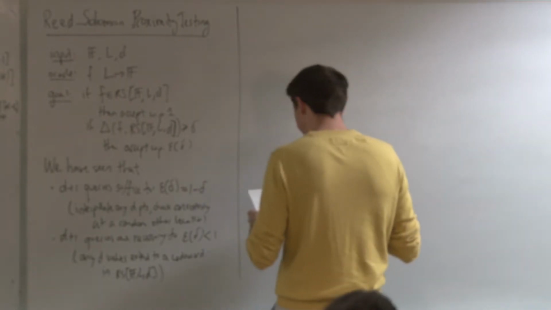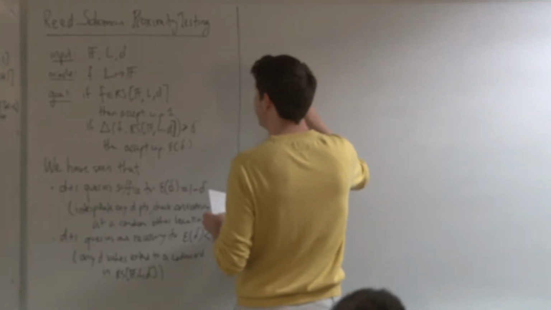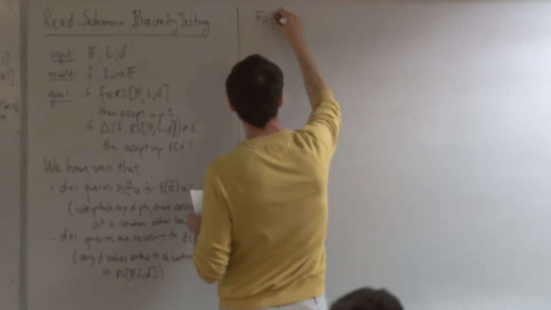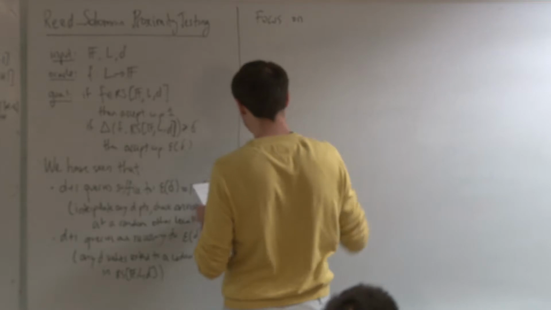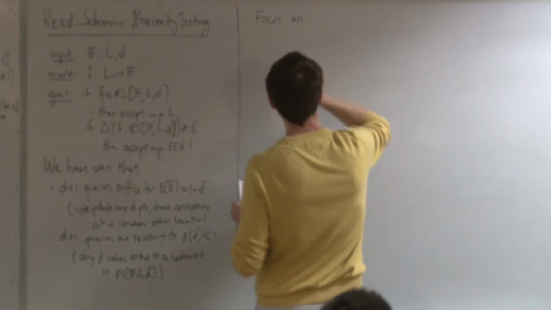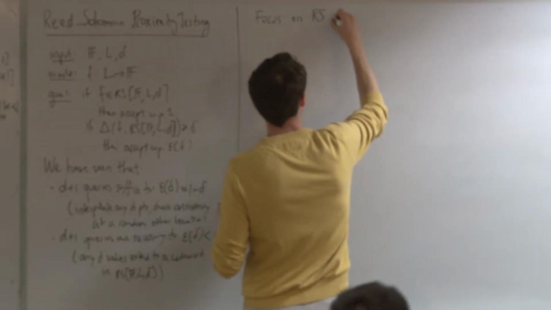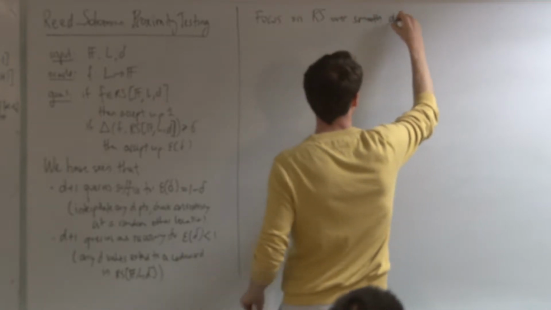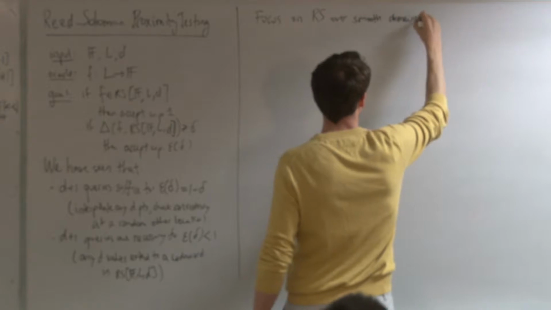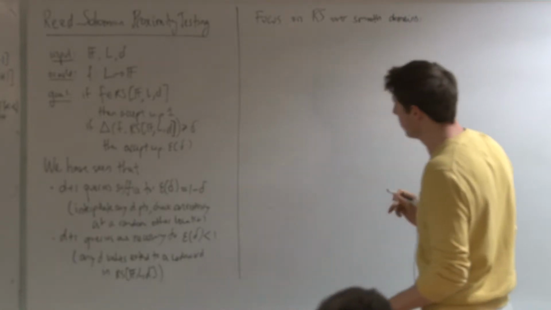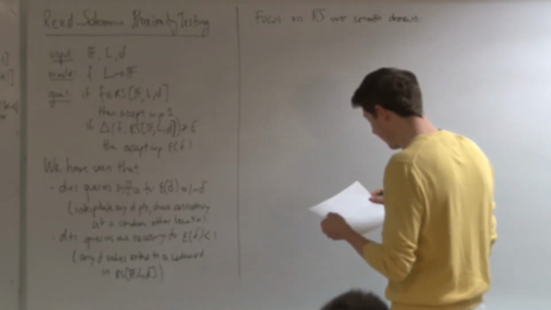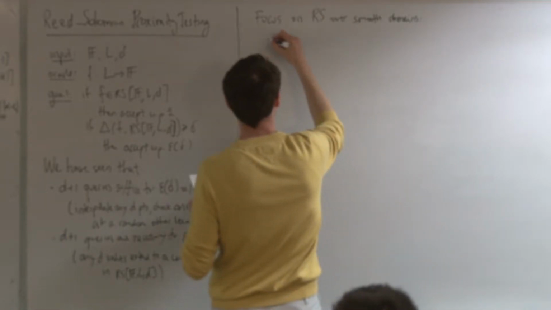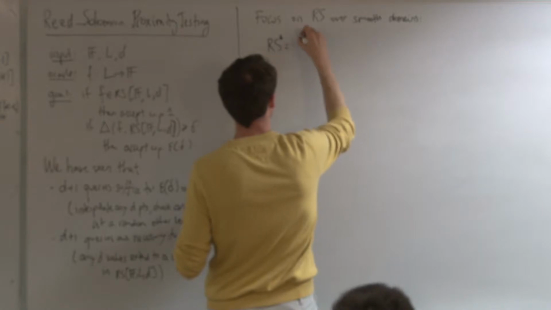So, okay, going forward, we're going to restrict our attention to a special type of Reed-Solomon code, which is over smooth domains. I'm actually going to define it now, what smooth means. I'll state what we know in terms of state of the art, and then kind of what it is that we want to prove. So let's call RS star to be